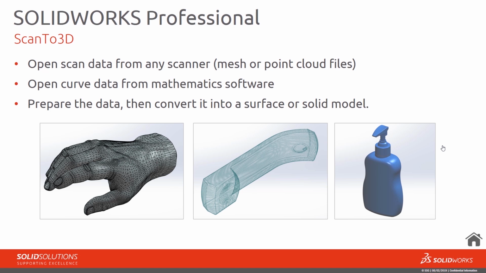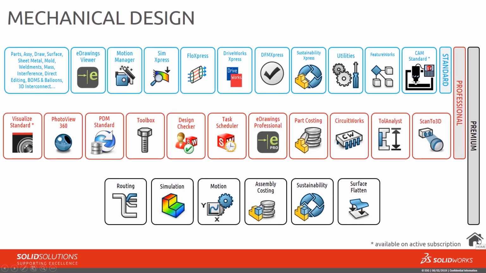Now there are other packages that we also resell. One is Geomagics for SolidWorks, which is a great tool, slightly better I guess than this one. If you're going to do this all the time, you'd probably want to invest in something like that. But again, for little jobs where you've got some scan data that you want to include in a SolidWorks model, this is a perfect utility to be able to do that. So that's Scan to 3D, and that's also in the Pro package as well. So those are all included in Professional. As you'll agree, there's quite a lot there, lots of productivity gains, lots of big time savers.